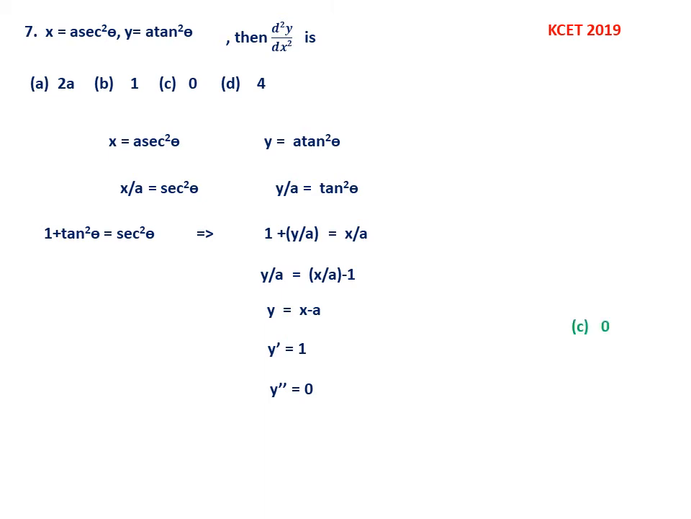So this is the answer. So C equal to 0 is the option. So this is the 7th question. 8th question. Let f of x equal to x